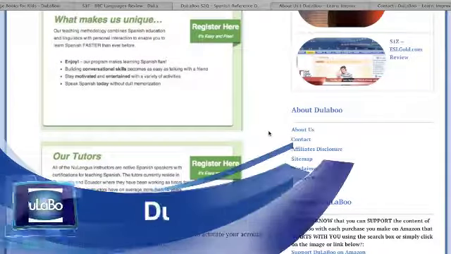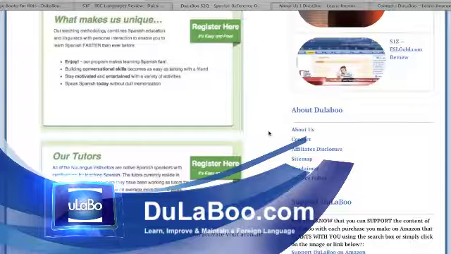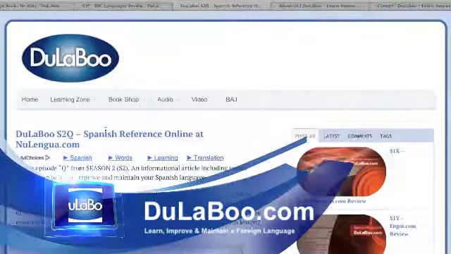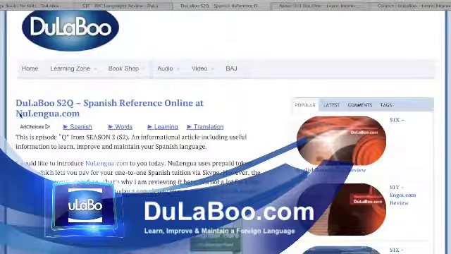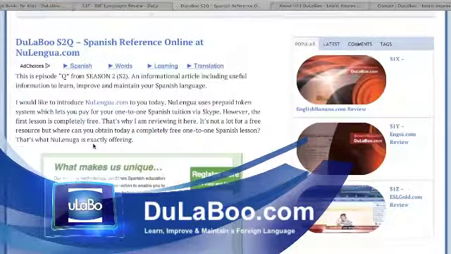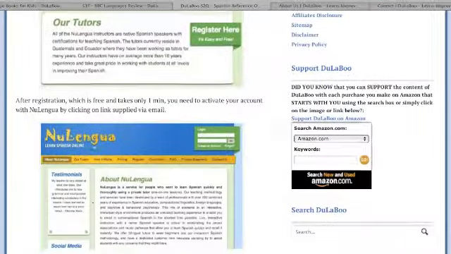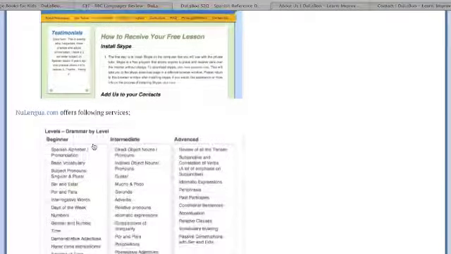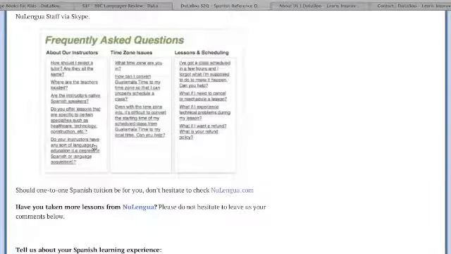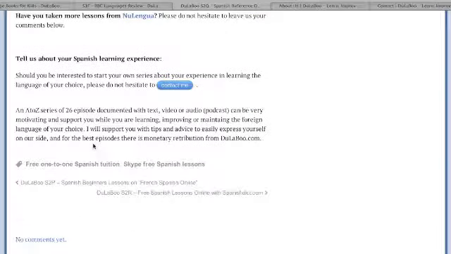For very, very beginners, I would just suggest that you consider text or articles. Here's, for example, one example, very short. You see there's a season 2 episode Q, and it's about Spanish reference online ad, and I'm talking here about a specific site which is called newlingua.com. So specific about the site, what you find on the site, very quick references and a few pictures to just get your idea. And that's basically a very quick prepared article and a little brainstorm article, as if you will.